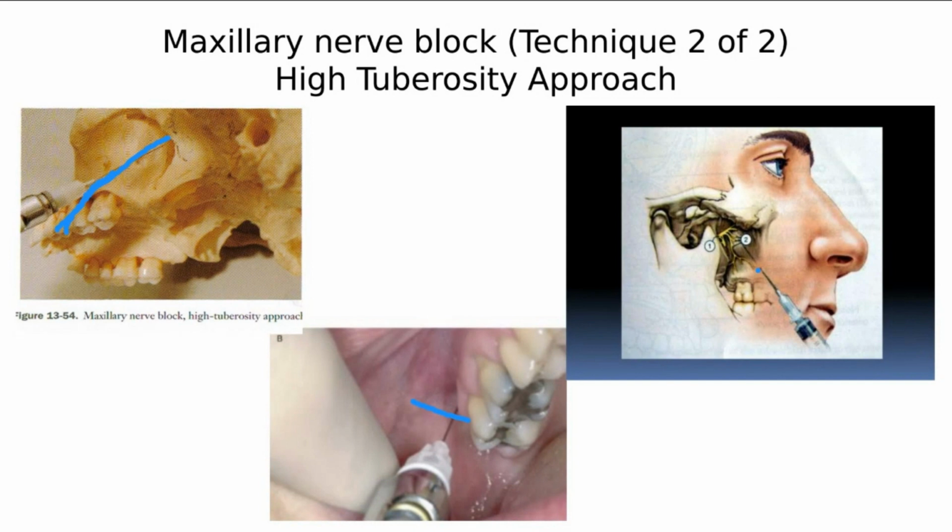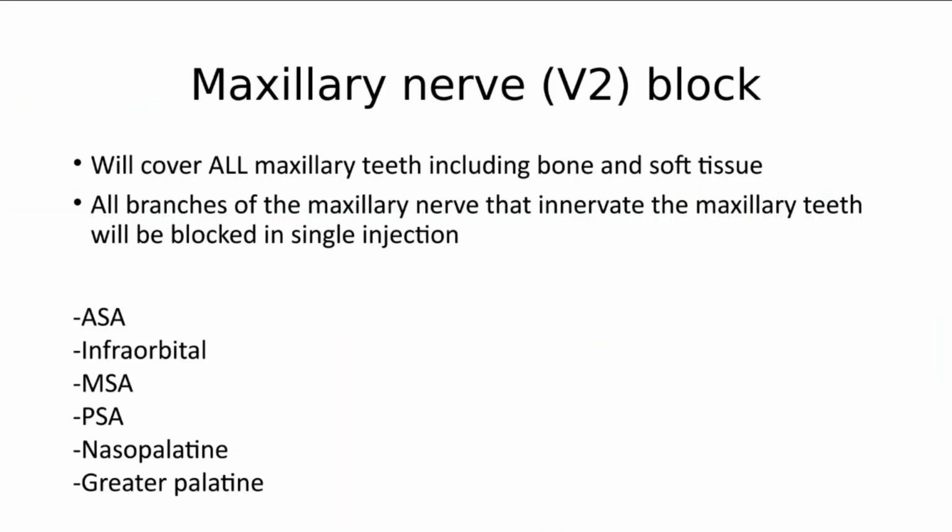I have the greater palatine approach, and I have the high tuberosity approach, which is similar to the PSA. What are you going to get? Territory? All of this, all the branches combined, including tooth, including the outside soft tissue of the buccal, including the inside soft tissue, or the lingual? Yes, yes, yes, it's everything. Okay,